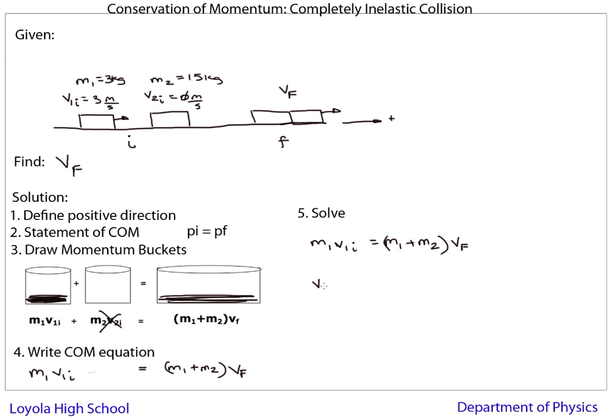If we solve for final velocity, we get M1 V1 initial divided by M1 plus M2. Plugging in the numbers, the mass of the first one is 3, his velocity is 3 meters per second. The mass is 3 plus 15, which gives me 9 over 18, which is 0.5